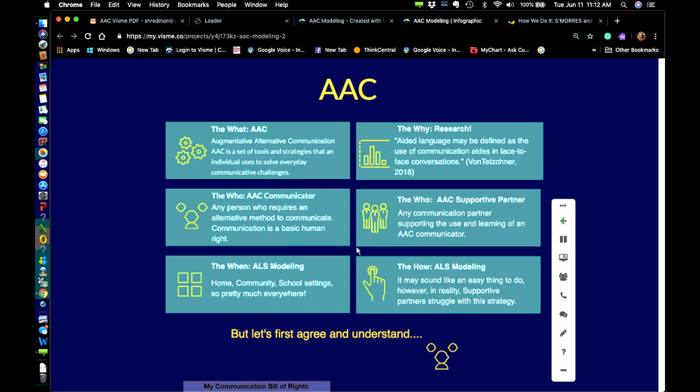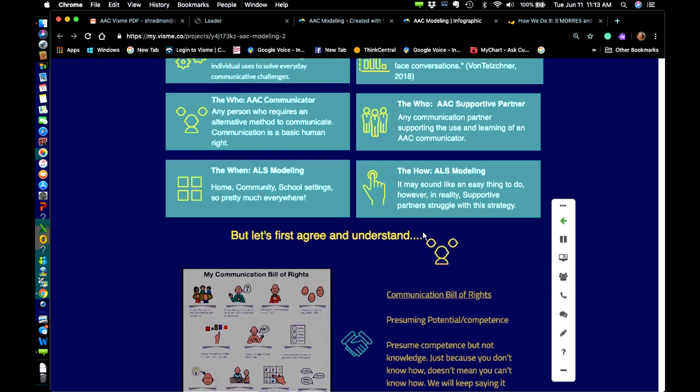So it really sounds easy to do, but I can't tell you, and I'm sure in your own practice, if you think about it in your schools and settings that you work in, that you see this as well, that the implementation is just not there, and why is that? What and how can we go about that?